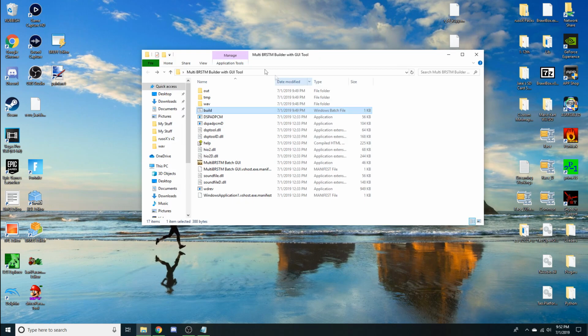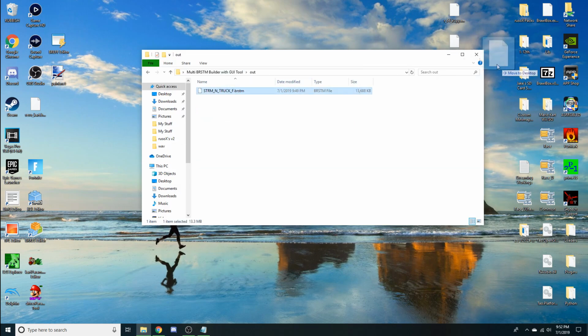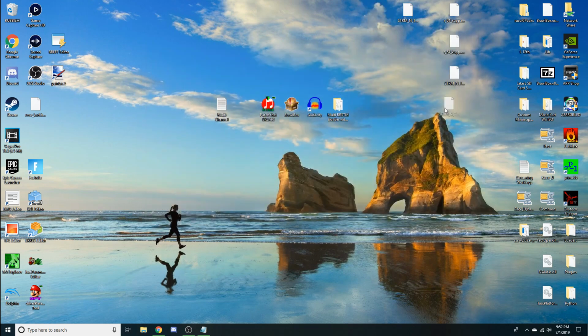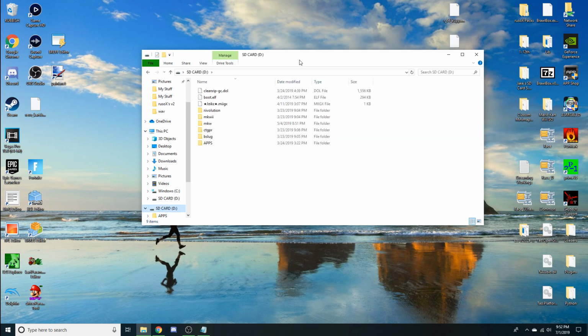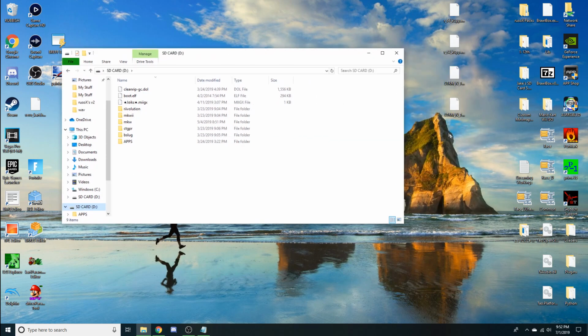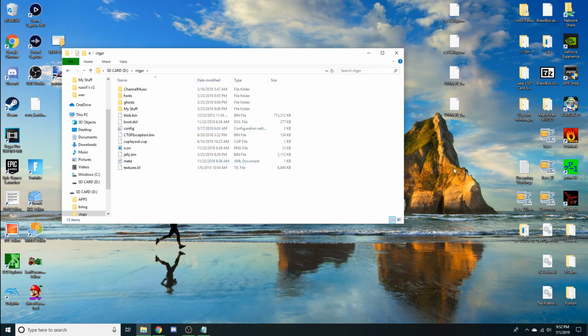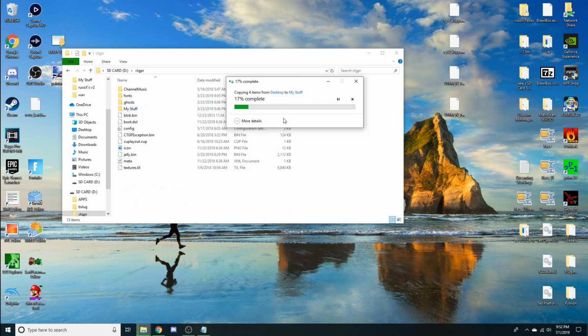Anyway, after that's done, go to out, and you've got this final one right here. And now we're good to go. Now you can load it up in Dolphin. Just make sure the BRSAR is patched, and get a way to load up the BRSTM. For me, I'm just gonna use my SD card and use CGTP version 1.03.1074. That's what we'll do. Take the 4, do bada bing, bada boom,